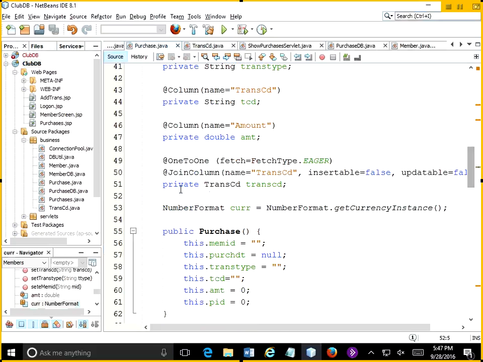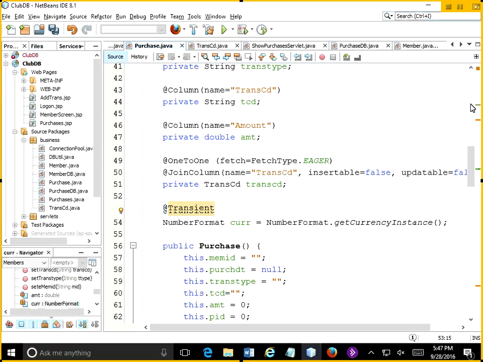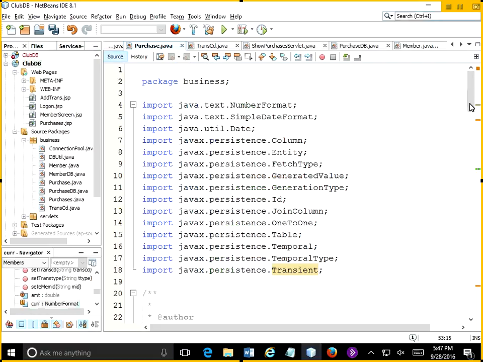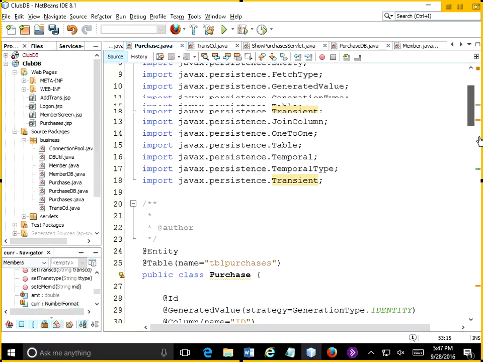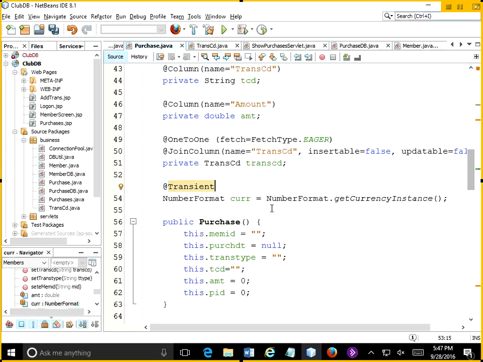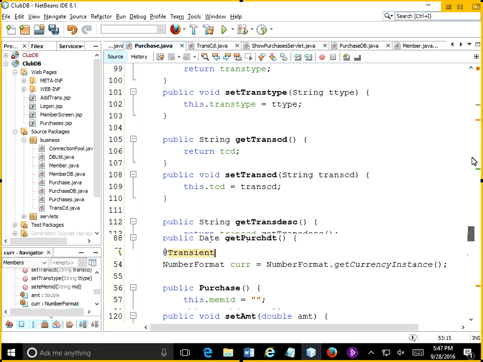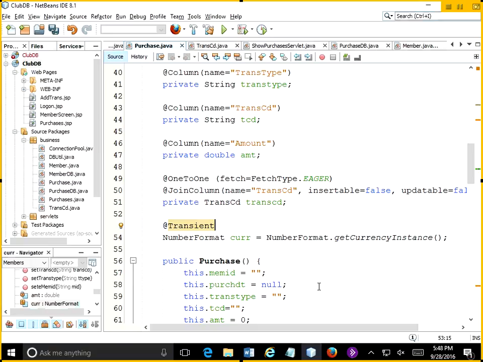So if you go down here and put @Transient, it'll want an import for the persistence items. Transient has already been imported. In our version, we moved it because it was easy enough to move down to the get amount. So I put the currency formatter in the get amount so it won't bother us. But if you have globals that you really need as globals and they're not part of the mapping to the database, you use the @Transient